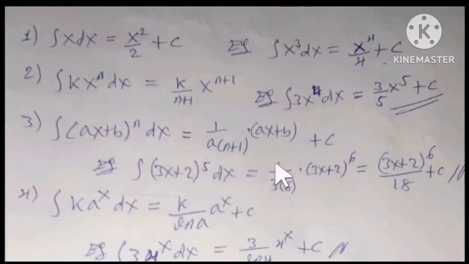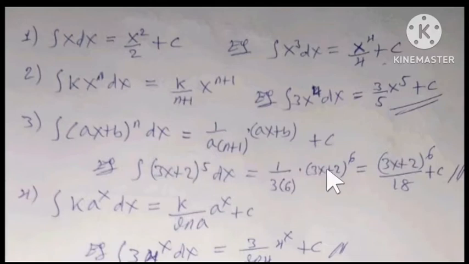So 1 over the coefficient of x, which is 3, times 6. 6 means n plus 1, where n is 5, and 5 plus 1 is 6. So 3 times 6 times the linear equation to the power of n plus 1, that means 6, which is equal to 3x plus 2 to the power of 6 over 18